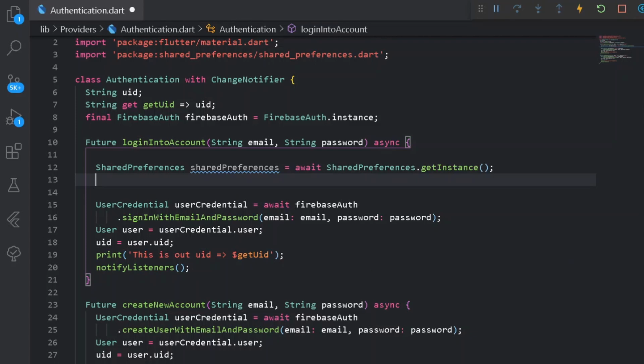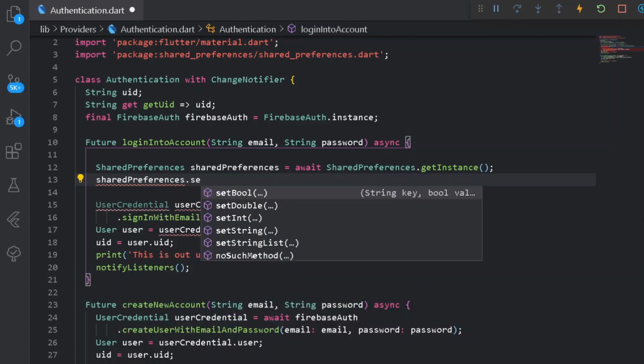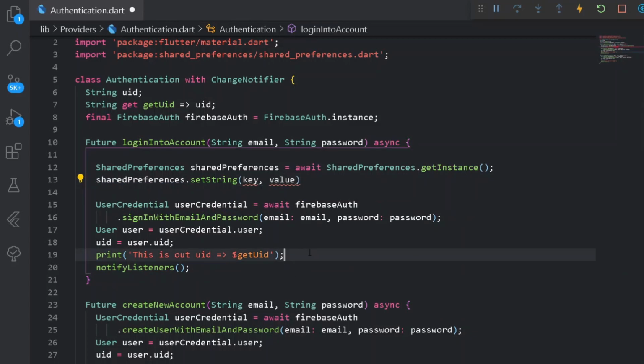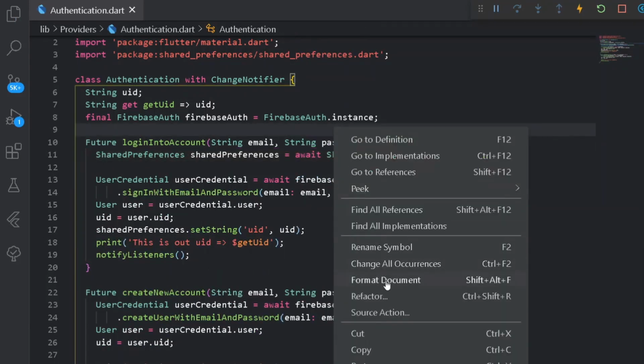Now what I mean by that is, if I simply add shared preferences dot set, any type of value, that is I can simply set a boolean, double, integer, string and string list. According to our need, here we will be simply taking set string. Under the key and value, here I can simply provide a value of UID itself, not value but the key. Under the value I can simply provide the UID itself. Here I can simply get the UID once, but instead of writing the code at this side, I can remove it from there and paste it here. Once we have done this, format document once.